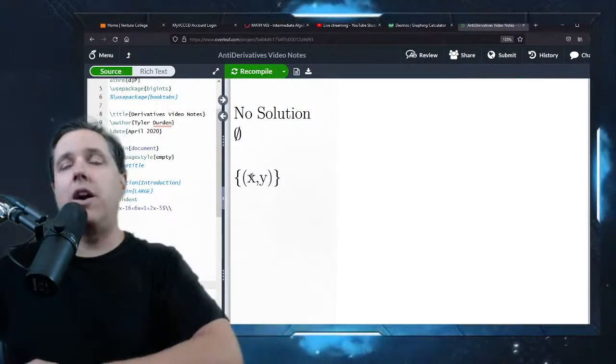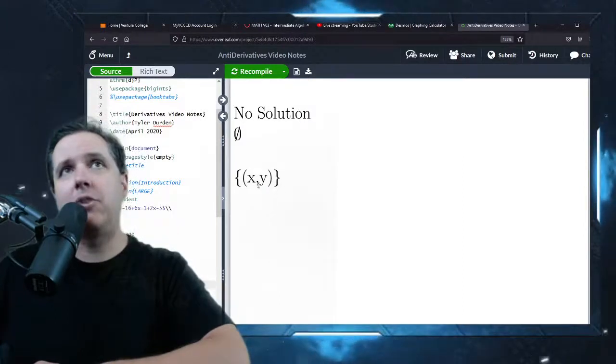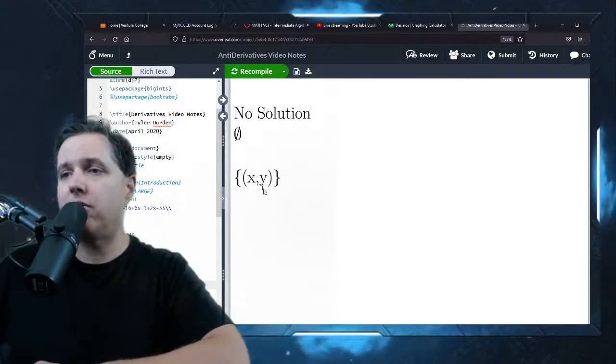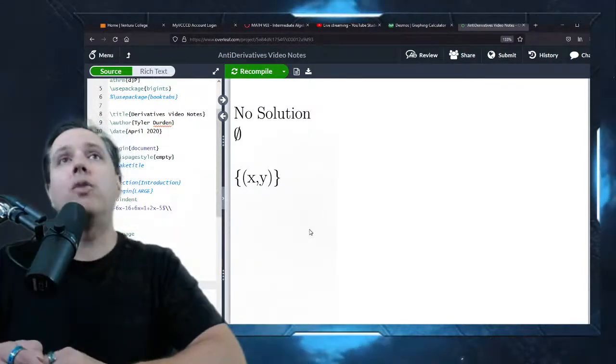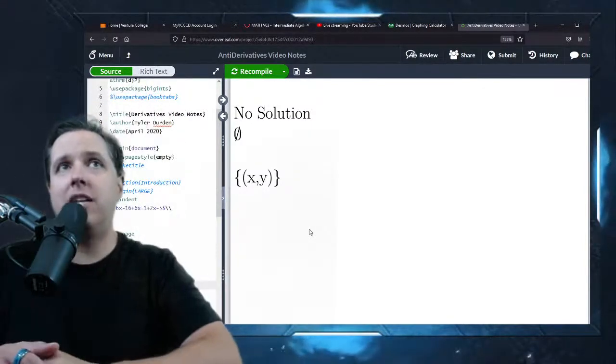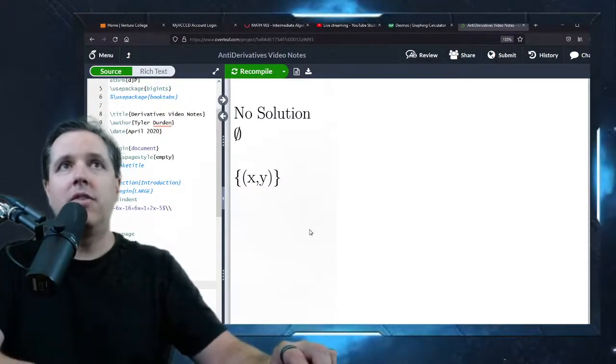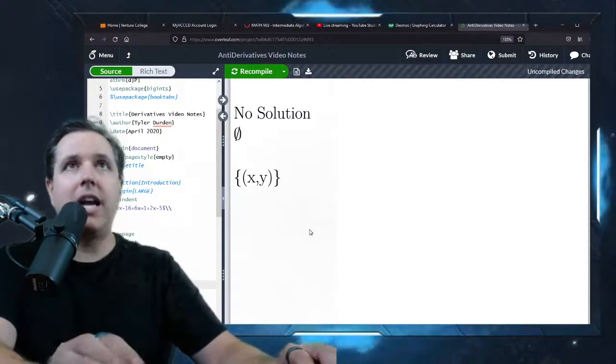There we go. So I've put in my set the type of object we're looking at. We're talking about ordered pairs. So that's the first thing that goes in there. When someone looks inside your set, they go, oh, it's a set of ordered pairs, because you're indicating an ordered pair. The next thing that goes in there is a vertical line.